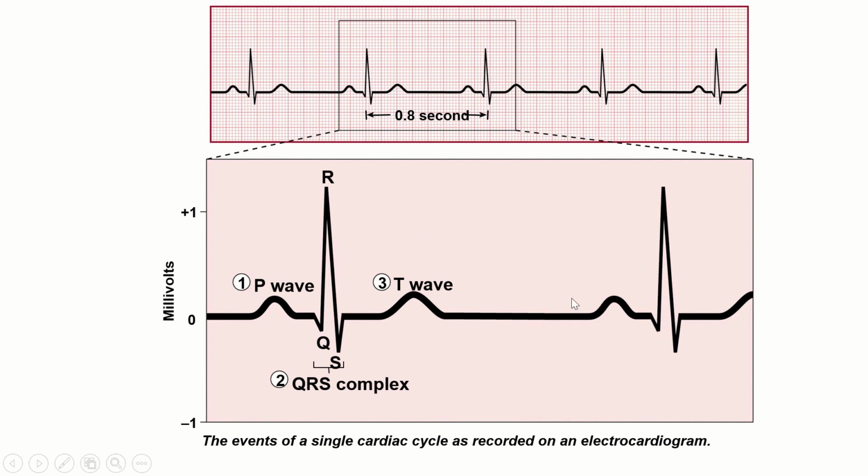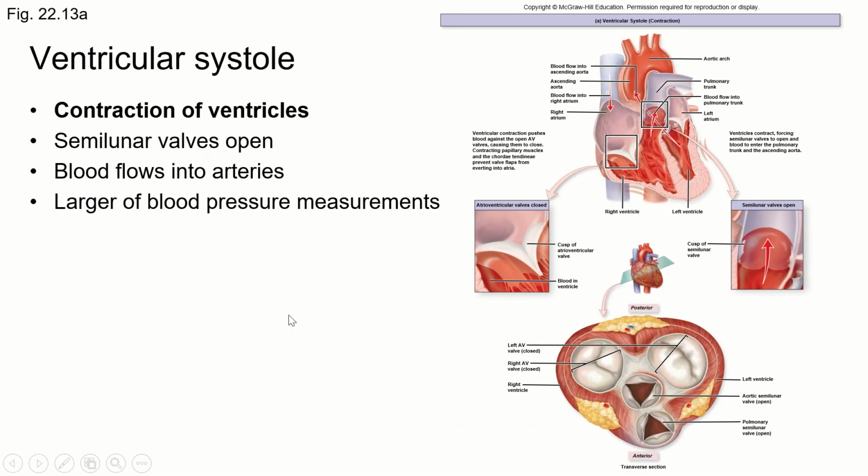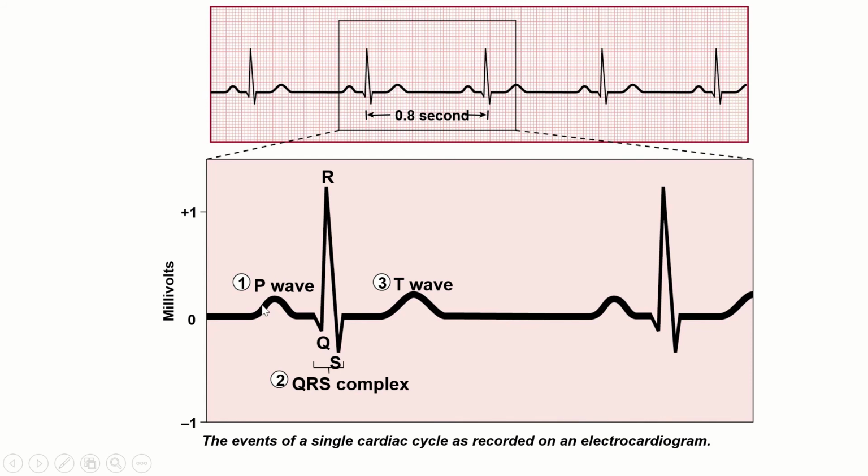And what it's measuring is the events of the cardiac cycle. The P wave shows the contraction of the atria. Then the electrical signal goes through the atria from the SA node to the AV node, and then there's a pause. During that pause, the atria actually contract. Now, this